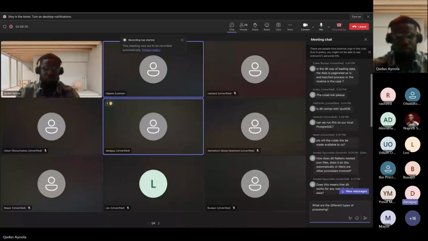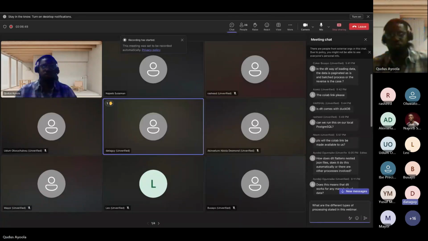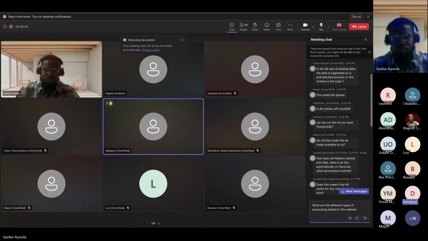Then number two, I want to ask a question. How does DLT handle data when you are trying to move it, not from an API now, but from one database, like moving data from your OLTP source to your OLAP? If it's doing that, does it just do the regular insert? Does it do a bulk upload? Does it go into the bin log, your oplog? Can it pick data from that point, or is it strictly just using a cursor on the surface to do its thing?